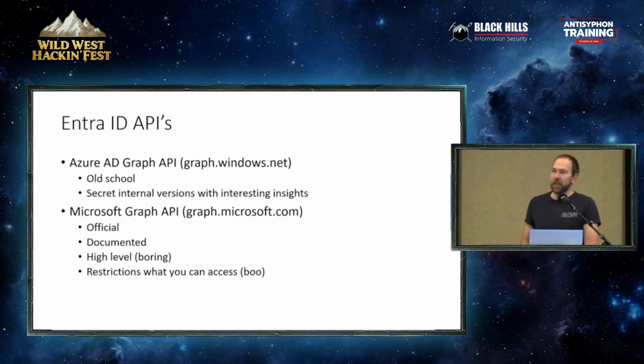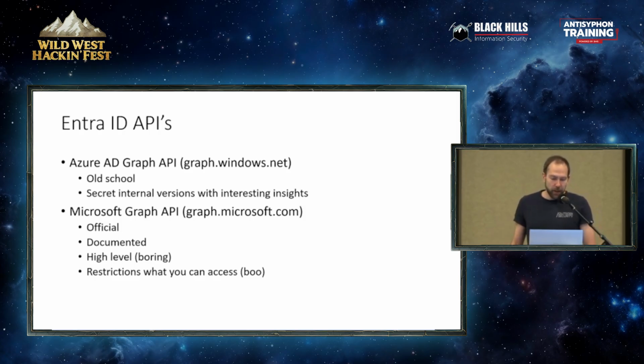That version actually exposes a lot more data than what you can get with other APIs. One of my favorite things in this API is that with the internal version, I can see all the conditional access policies in the tenant, whereas if I want to do that in the Entra portal, over the Microsoft Graph, I need to have a privileged role, which I don't have if I'm doing a red team, or at least not when I start. So there are a lot of interesting aspects to that internal version.